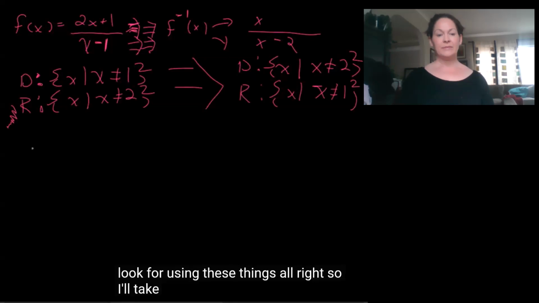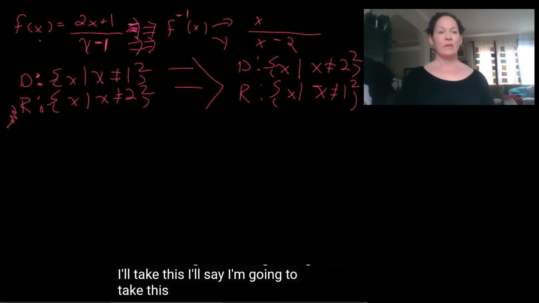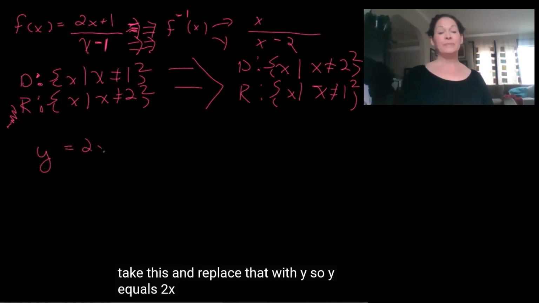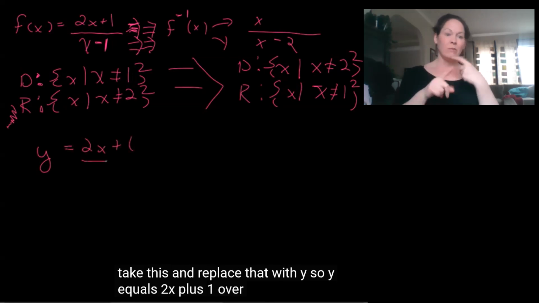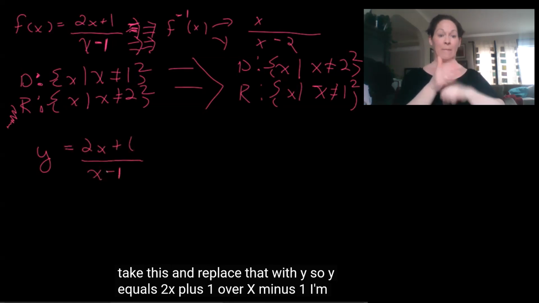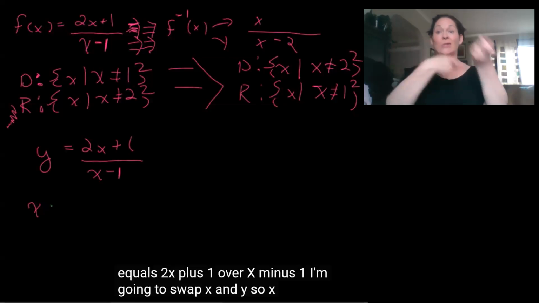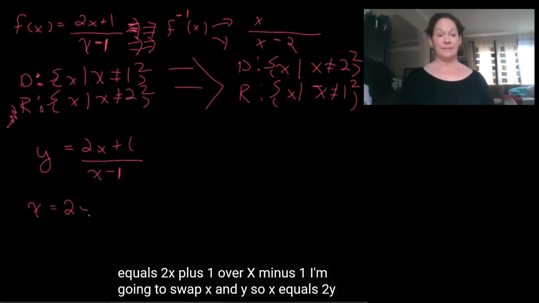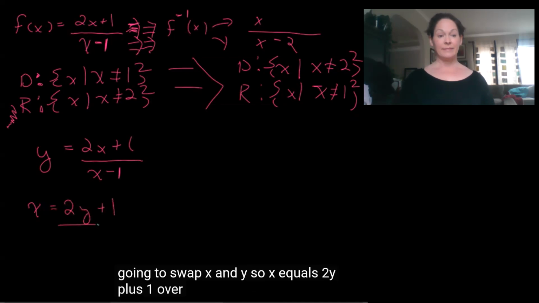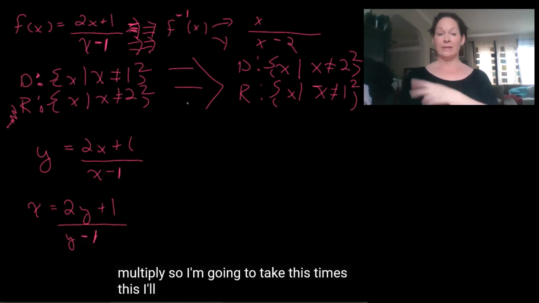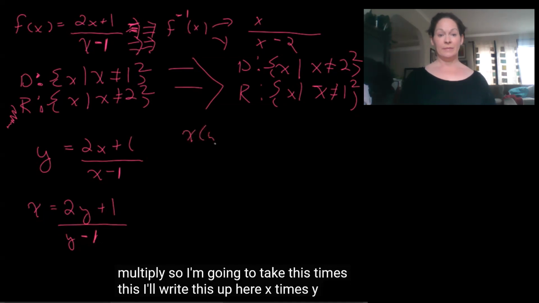All right, so I'll take this and replace that with y. So y equals 2x plus 1 over x minus 1. I'm going to swap x and y. So x equals 2y plus 1 over y minus 1. I want to cross multiply. So I'm going to take this times this, and I'll write this up here. x times y minus 1